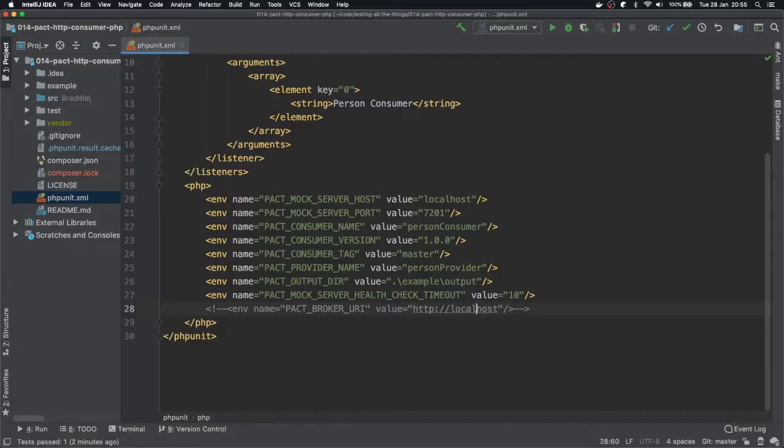Okay. In the previous episode, we left the Pact Broker URI commented out. We now need to set this up. So if we uncomment it, we need to set the port, which was 9292. There we go. Okay. So now if we run our tests,